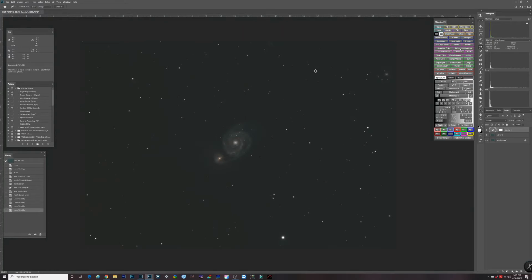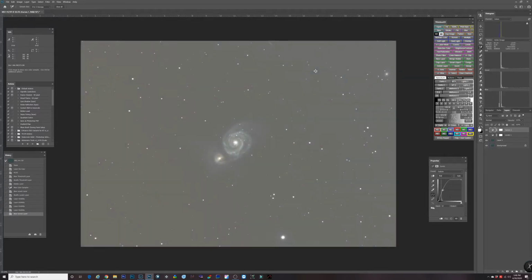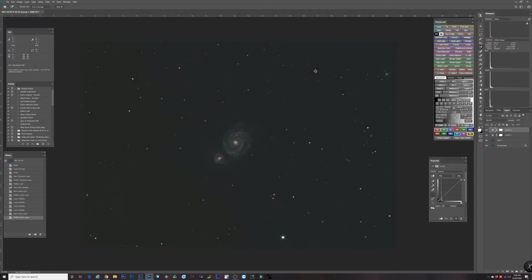Okay, let's do a curves adjustment. A lot of people that I've watched on YouTube, they'll do a really extreme curve like this, and then they'll bring it down here, and then they'll drop that down to protect the highlights. You could do that. I've done that on other images, but on this particular one, what I did